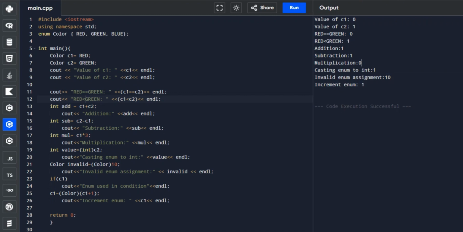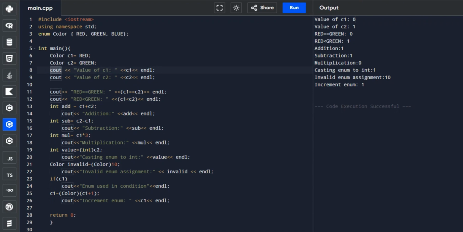Alright, so let's explain it one by one. Value of C1. As you can see here, let's go back to our code. In the first part, we use cout for displaying the output of our code. So this is our first line.